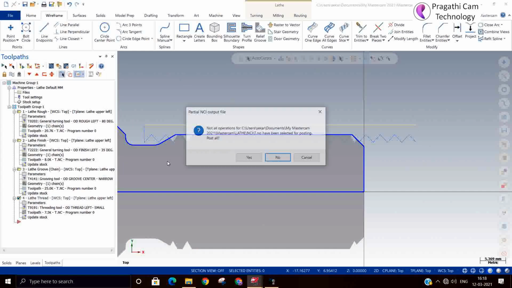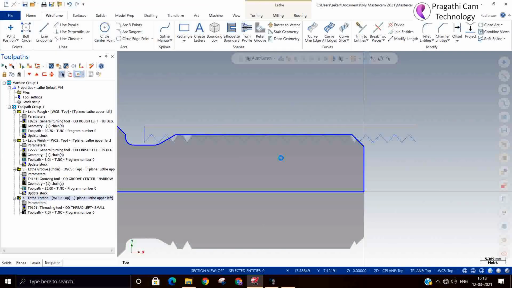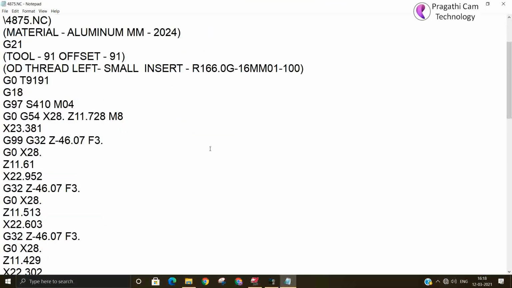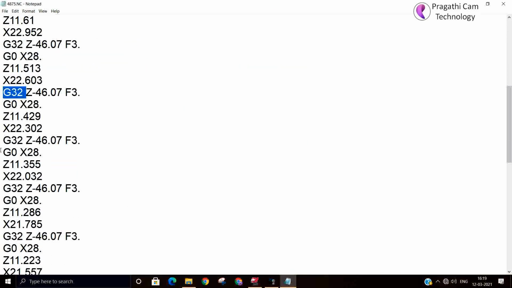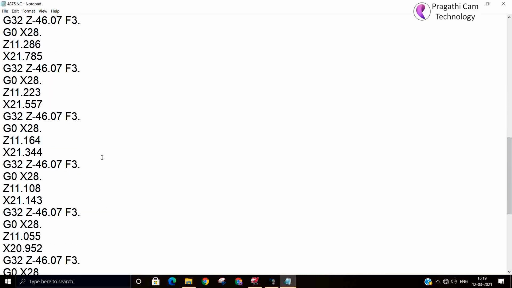It depends upon what your machine is accepting. Based on that you can select long hand or can cycle. Suppose your machine is not accepting can cycle, you can come and select G32, which means the long hand cycle. So this is the G32 cycle.